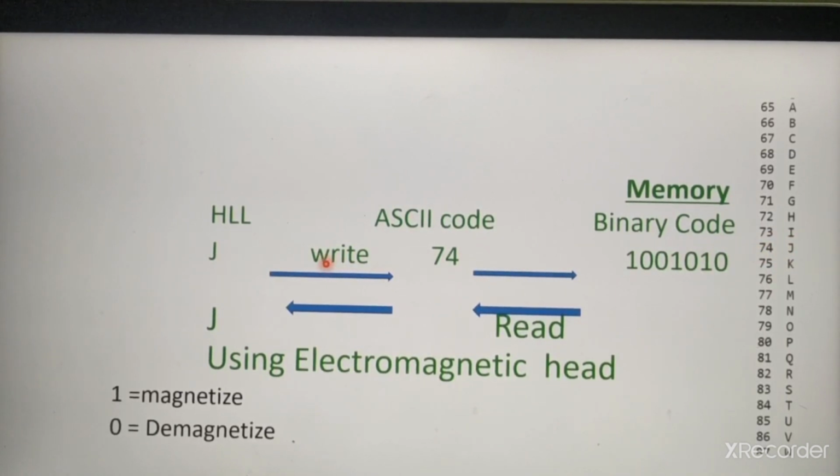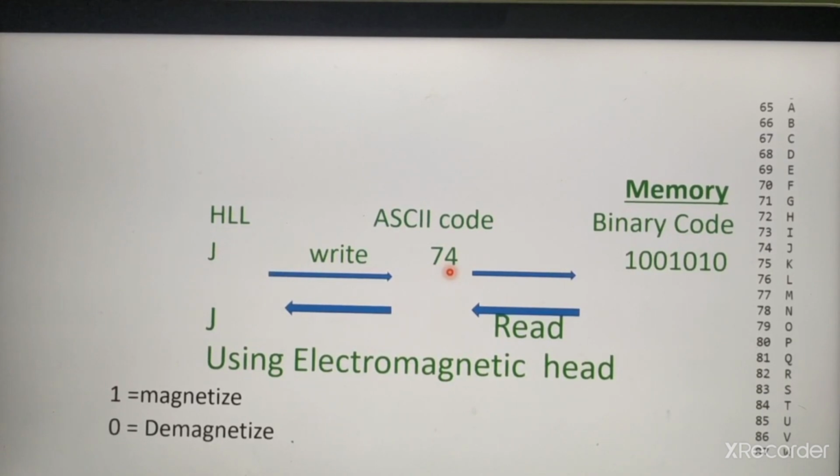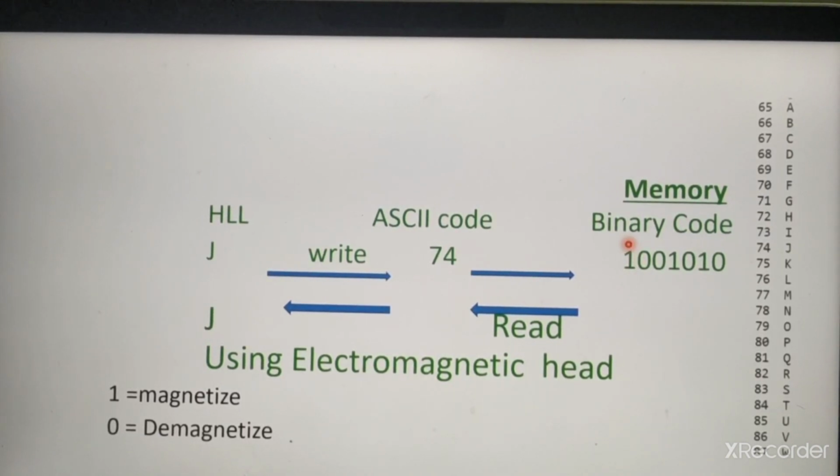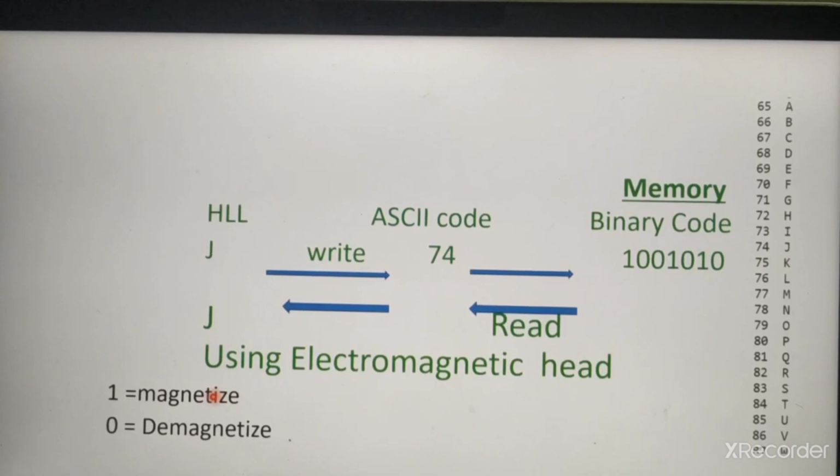By using various translators, this high-level language is converted into ASCII code. Then the ASCII code is converted into binary code. After conversion to binary code, this will be stored into the memory with the help of the electromagnetic head. Suppose you want to write 1 into the memory, first when the current is passed into the electromagnetic head, this will be magnetized.